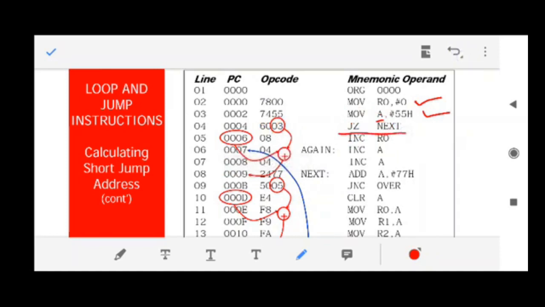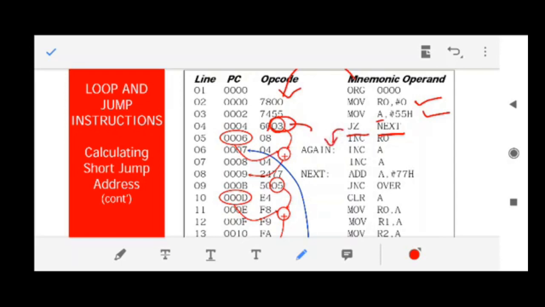What is next? Here you have already written it, but the computer, the 8051, doesn't understand letters A, B, C, D, E, F, G. So how will it know where next is? See here how it is calculated. The value of next, which is converted from the mnemonic to the opcode, is 3. So it means jump, if the accumulator is 0, 3 steps ahead. 3 steps from where? 3 steps from the current location. So how does the machine calculate that? Let us see.